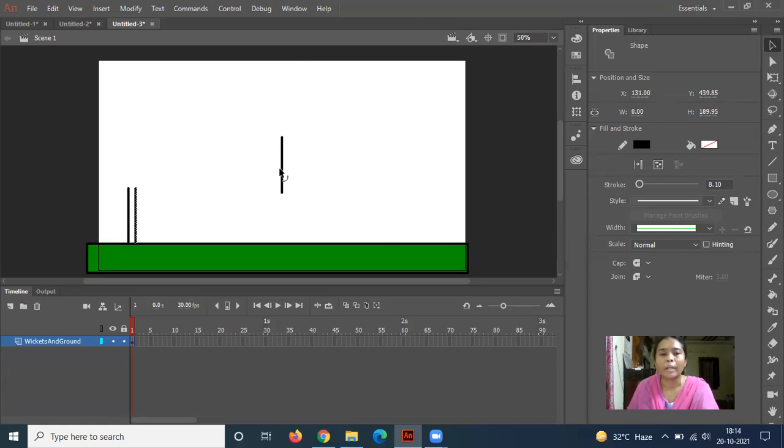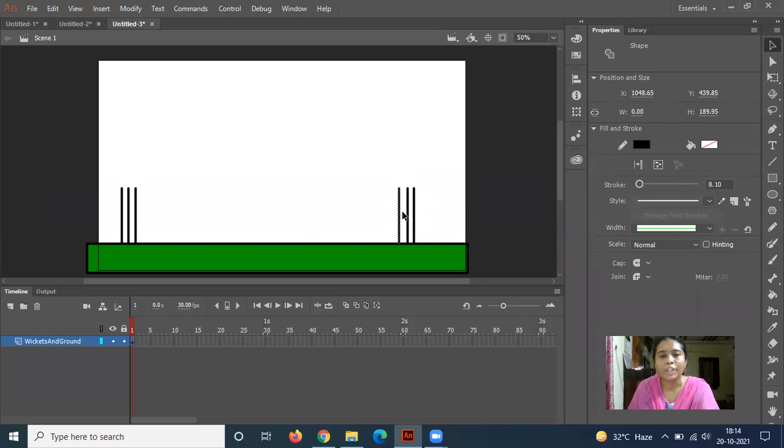So this is the second wicket. Again Ctrl V, this is the third wicket. Again Ctrl V, this is the first wicket towards the right. Ctrl V again, the second wicket towards the right. Ctrl V again, the third wicket towards the right.